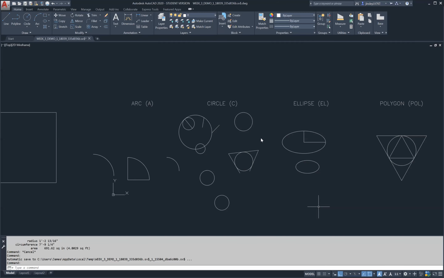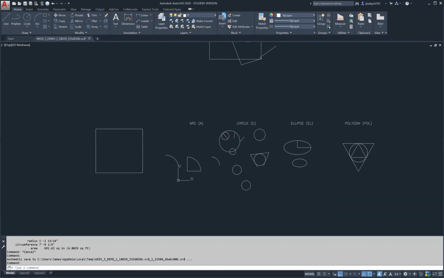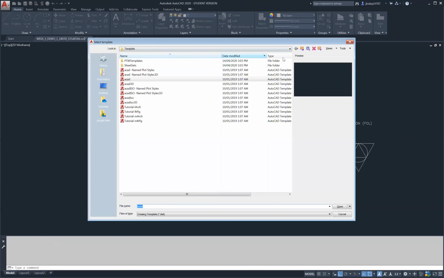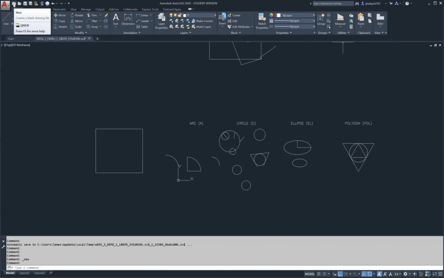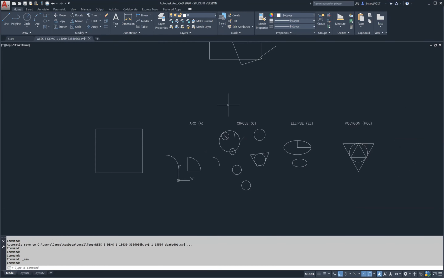Sorry, I'm going to switch over to AutoCAD here. There we go. Okay, and we're going to go through. So the first step is to start a new drawing. So we go to New. In the Quick Access menu, that's the blank page on the left side. In the Program menu, the big red A for Awesome. No, it's for AutoCAD. We have New up here as well. Or on your keyboard, if you hold down the Control key and hit the letter N,